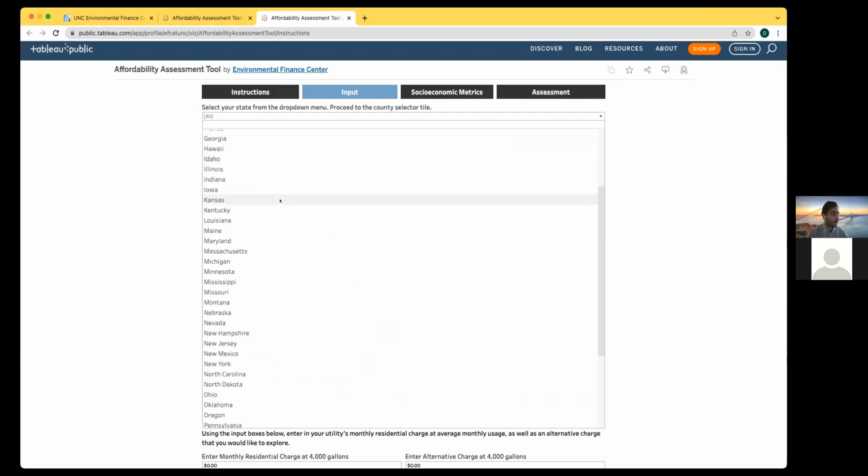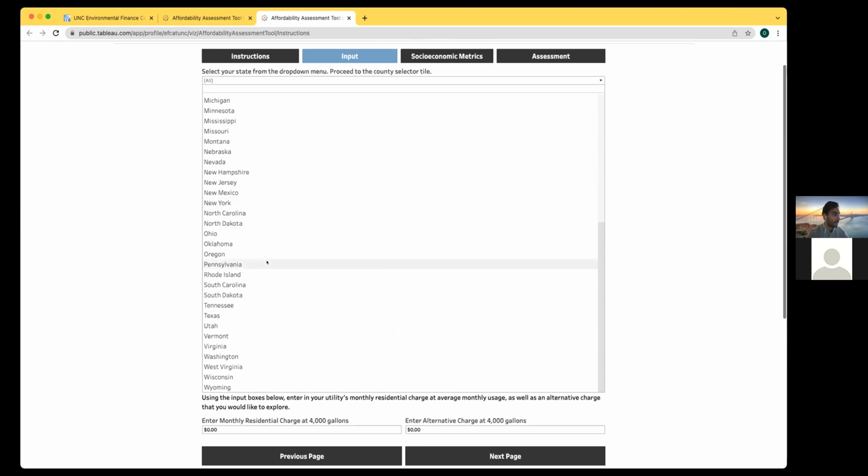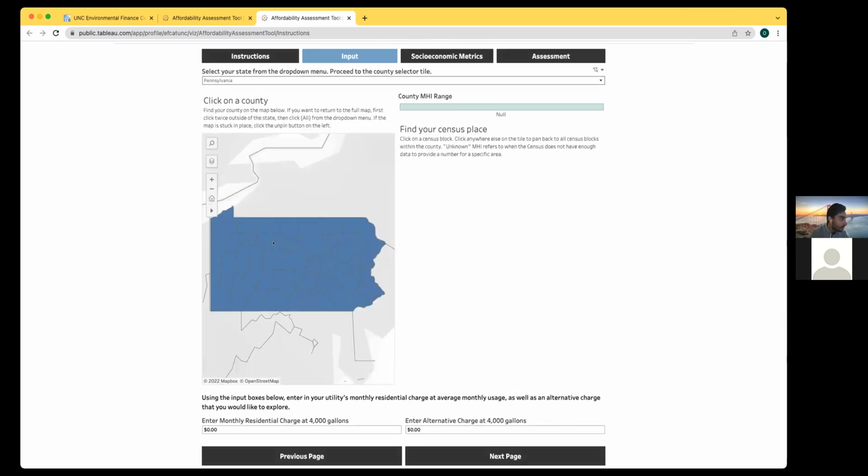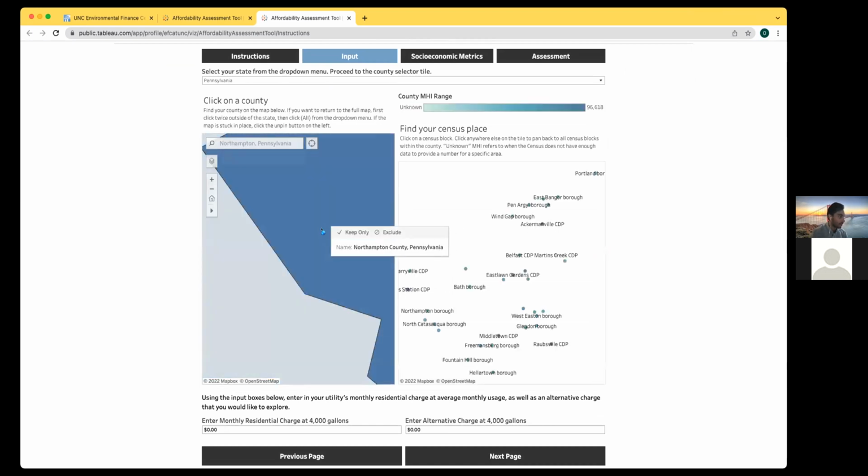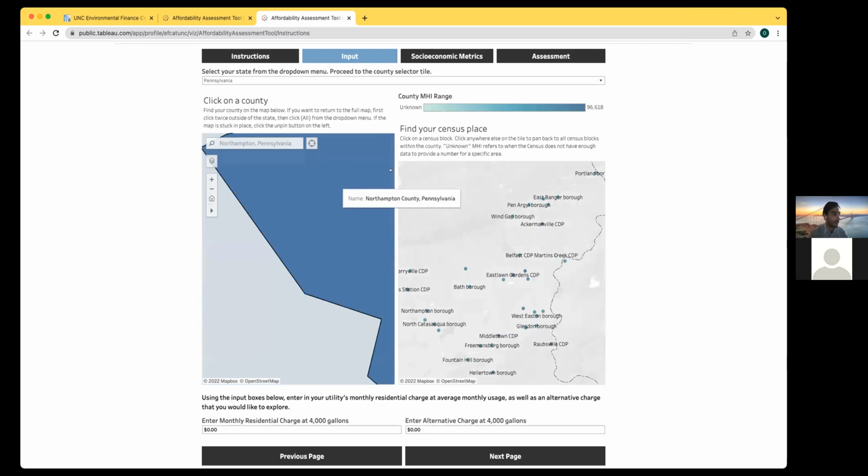From here, we can go to Pennsylvania. Here we go. And that zooms us in here. And I'll search here because I don't really know which county Bethlehem is in. So I'm not from Pennsylvania, but I will try Northampton. Well, I'm going to search it in here, Northampton County. And from here, we can pull up the county and then the census place. And then the town was,